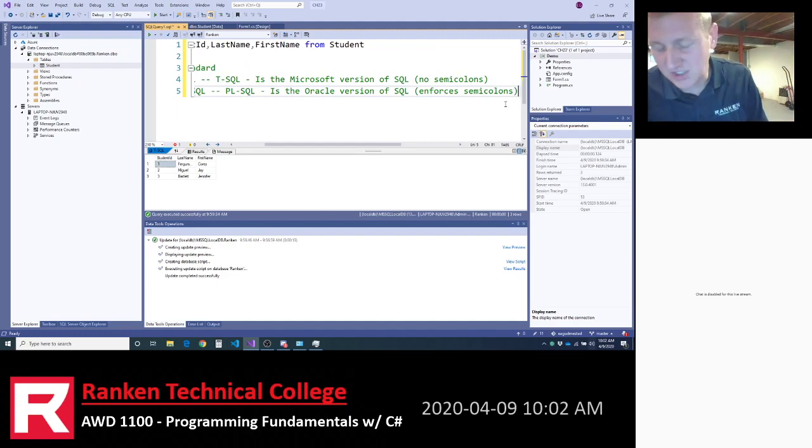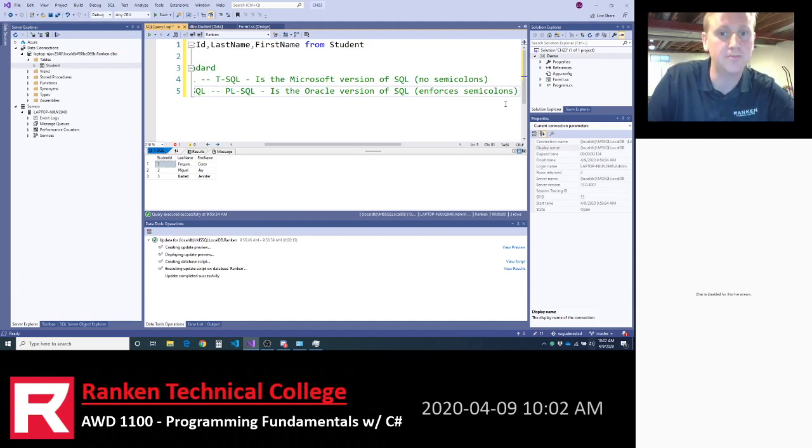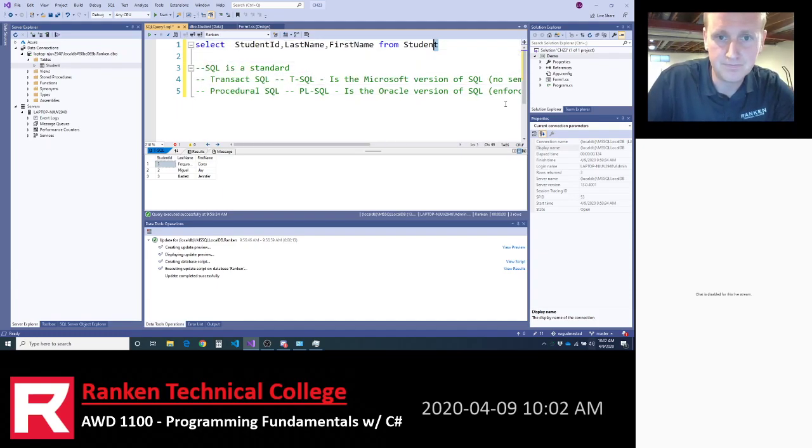So you know how in C# everything is terminated with a semicolon? In Visual Basic, that's not the case. You don't have to write semicolons. There are a lot of similarities, but there are some small differences between T-SQL and PL SQL. So in blue, that's what we're looking at. This is Microsoft Transact SQL that we're writing.